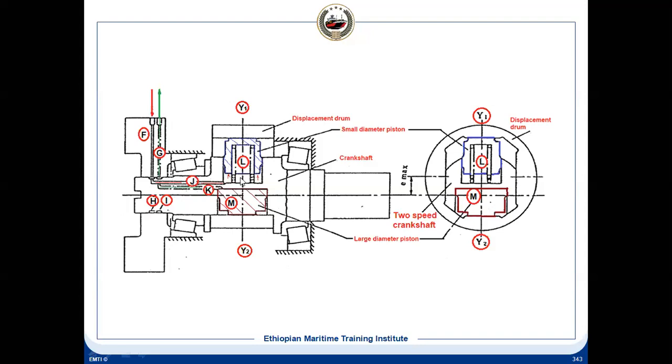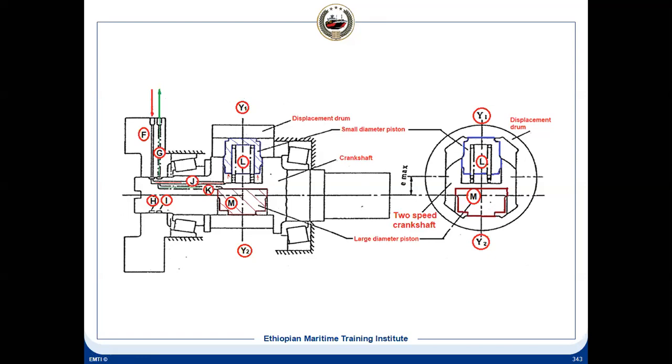It's coming here. There are 2 pistons, one small piston and one large piston. This L is the small piston, and this is the large piston. So in this case, when the pressure is coming to the smaller piston underside, what will happen? For the large piston, the oil from this side will get drained. So this will shift in this upward direction, and the drum will move. This is the drum where the piston is sliding. So this will move in upward direction, and the speed will be reduced because the displacement will be reduced.